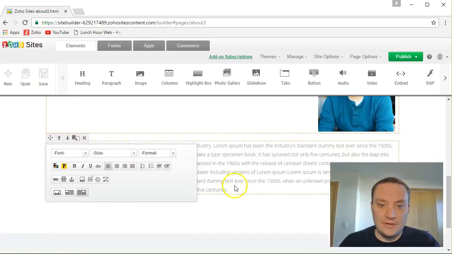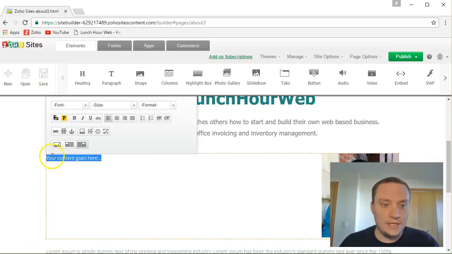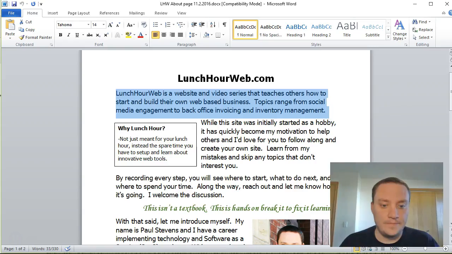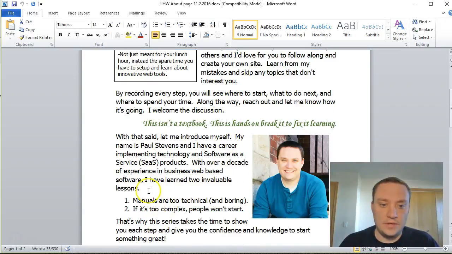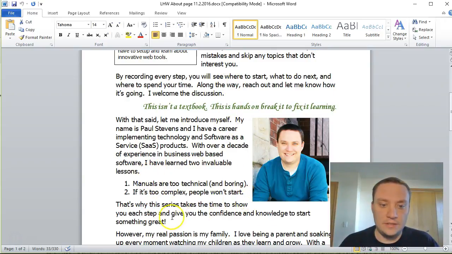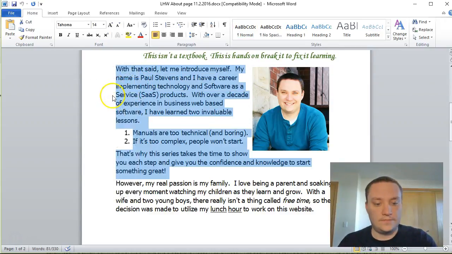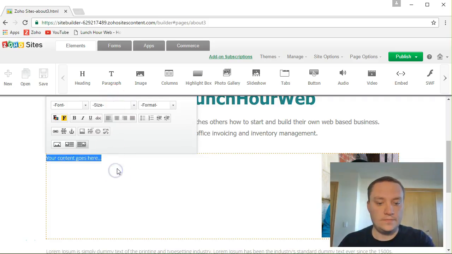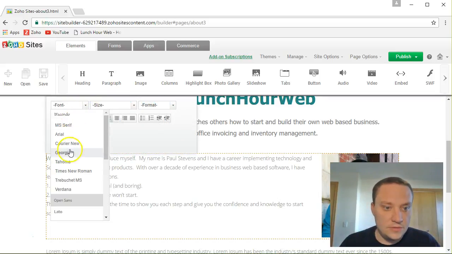And over here on the right hand side, what happened to all my text? Oh, my text goes over here. So I'm going to go ahead and copy this part in. Well, I might have to copy in a little bit more. All right, change the font to Tahoma